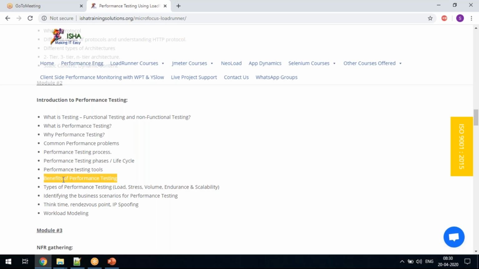So all these are benefits. And what is the primary benefit of doing performance testing? To avoid production outage. If you are not doing performance testing properly, you keep getting production outages. If you do it properly, your production outage will be minimized. That is a benefit of performance testing. Clear about performance testing benefits?